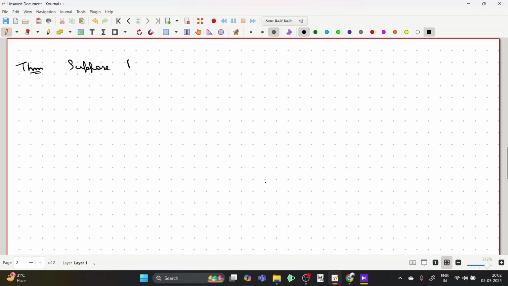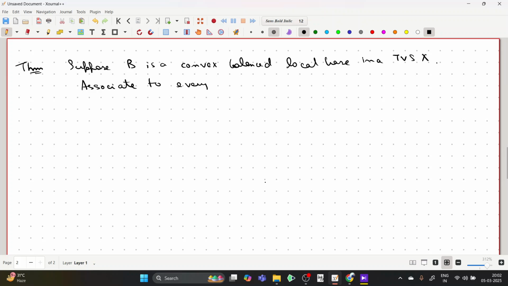Suppose B is a convex balanced local base in a topological vector space X. Associate to every V in B a Minkowski's functional mu V. Okay, then